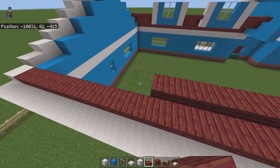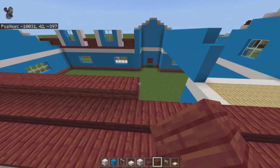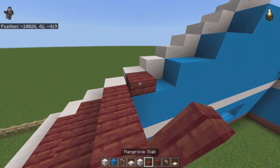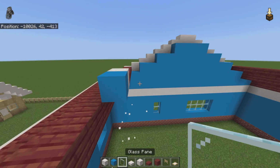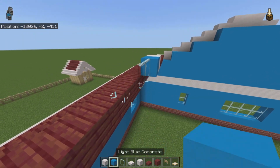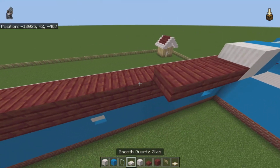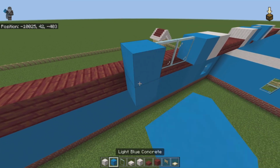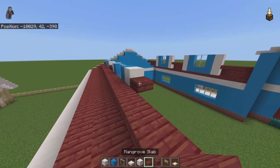And then we're going to have to go from the opposite side this time, just for math. So it'll be 5 mangrove slabs. I believe it was 5. Yeah. And then it's pillar quartz block, light blue concrete, 2 panes. Oopsies. Light blue concrete, pillar quartz block, 3 mangrove slabs, pillar quartz block, light blue concrete, 2 panes. Light blue concrete, pillar quartz block, and then the rest of the row wants to be mangrove slabs, and then you'll